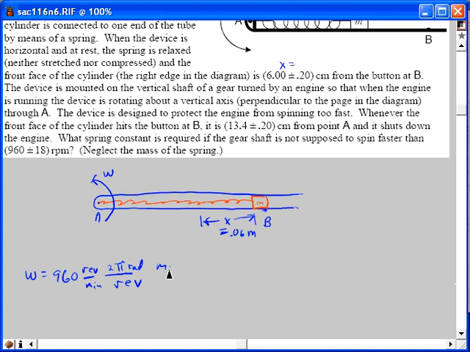And a minute is 60 seconds. So that's another 1. Both of these ratios are 1. And I wrote it so that the minutes would cancel out and the revs would cancel out. And I get a value for omega in radians per second. And I get 100.5